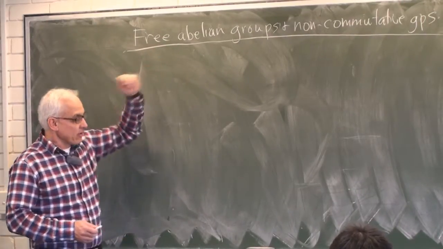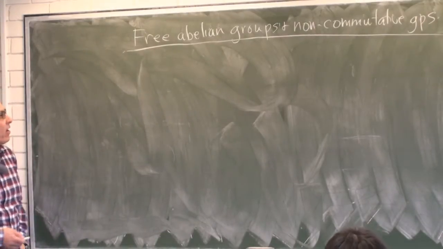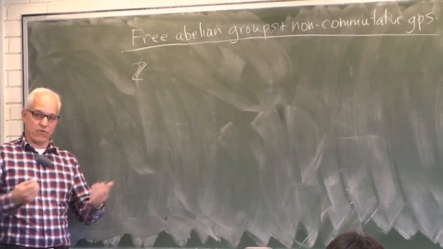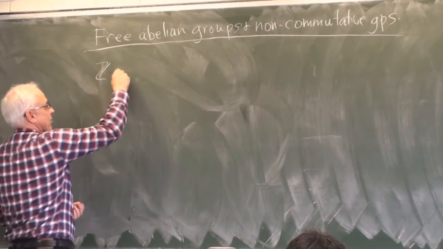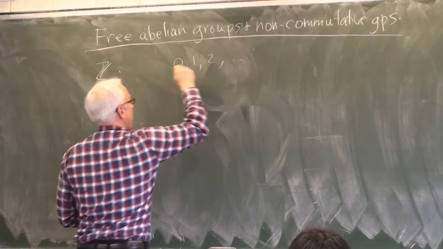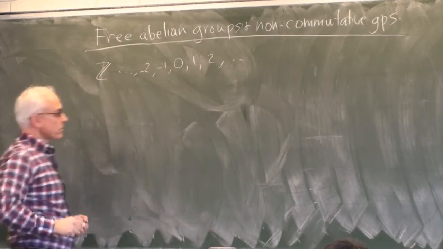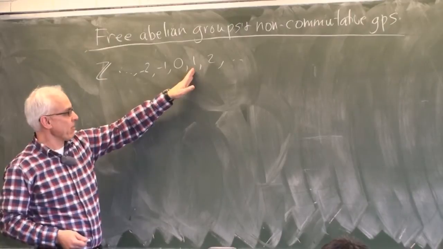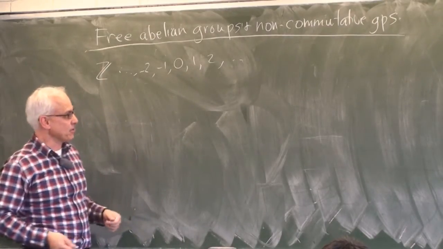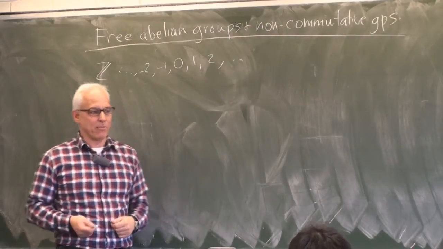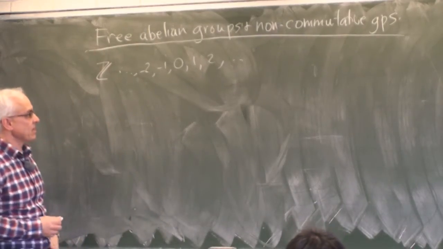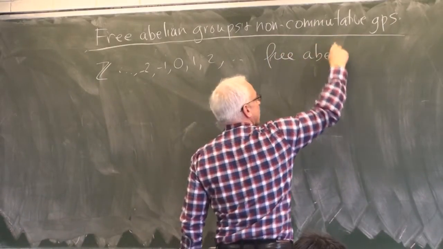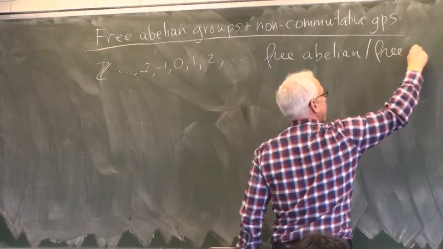So free abelian groups are types of groups that are very closely modeled on the integers. So the integers, of course, form a commutative group. We've already talked about the elements 0, 1, 2, and so on, minus 1, minus 2, and so on. And this group has the property that there are essentially no relations. If you take this number 1, you can add it to itself as many times as you like, and you never get back to a previous element. It's sort of free in some sense. So this is kind of a model of the simplest kind of free abelian or free commutative group.